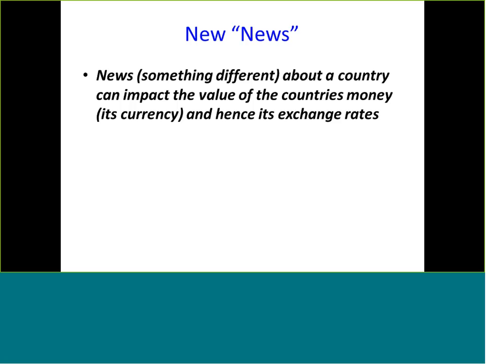And when they go to those new levels, it brings out a new bunch of buyers and sellers, and hence there may be a second reaction, if you will, or a second movement, which was in effect caused by the first movement. So the news can cause a movement, and then the fact that the price goes to a new place can cause another movement. And now it's gone to a new place, and it can cause yet another movement.